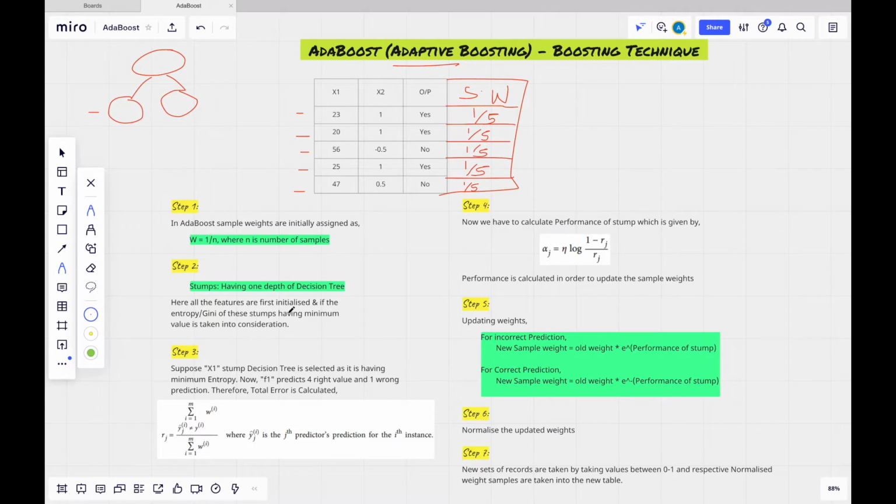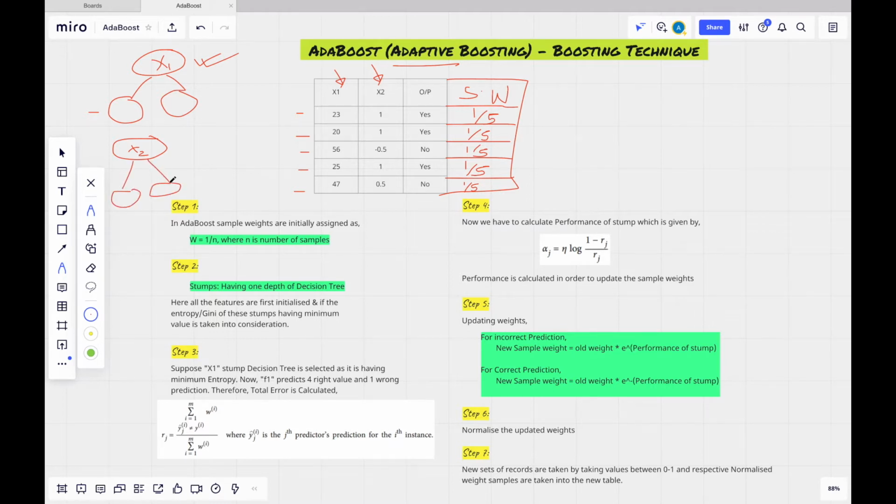What we are doing is initializing all the features that we have. Over here we have x1 and x2. So we will create x1 decision tree as a parent node and calculate entropy or Gini impurity. Secondly, we'll take feature x2 and calculate Gini impurity or entropy.